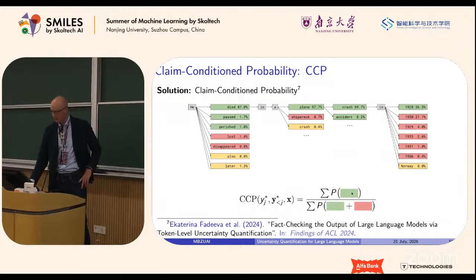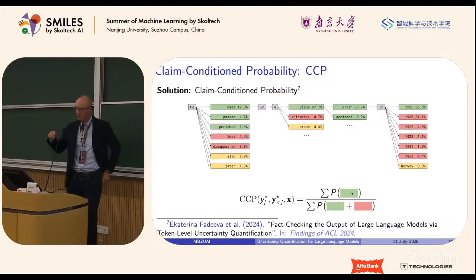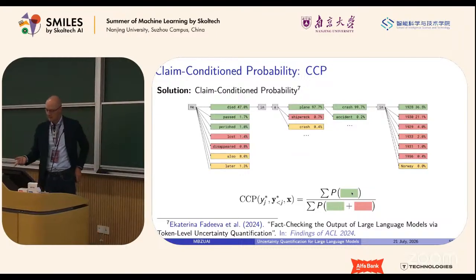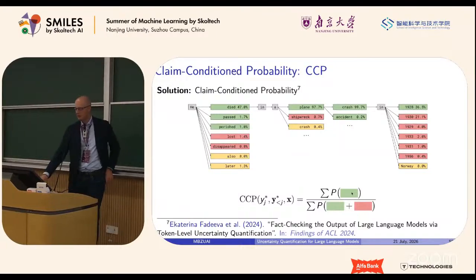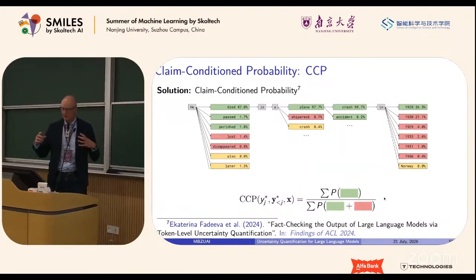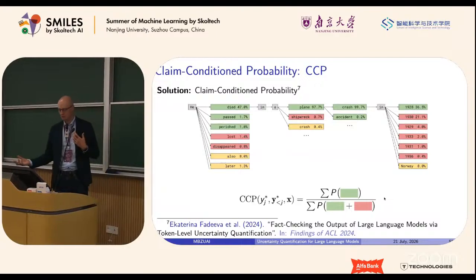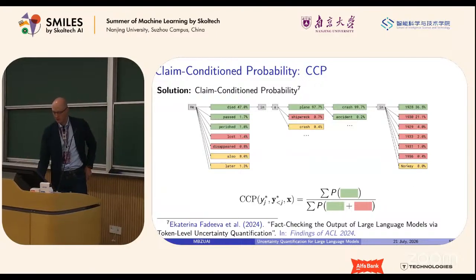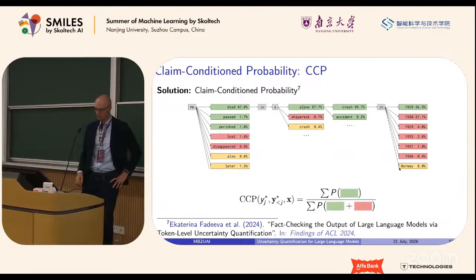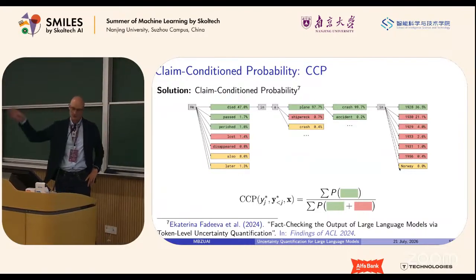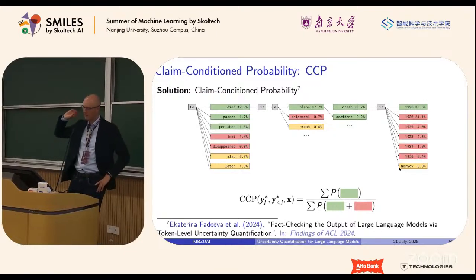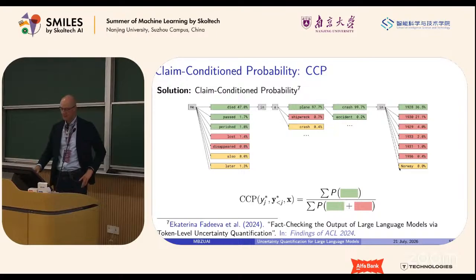So we take our original probability distribution, we sum the probabilities of all options that convey the same meaning, and we normalize them on the probability mass of all options that entail the same or contradictory meaning, completely ignoring options such as the yellow ones, like Norway, that are not related to our original prediction. There's a principled explanation in the paper of why this is a correct way of quantifying uncertainty, but